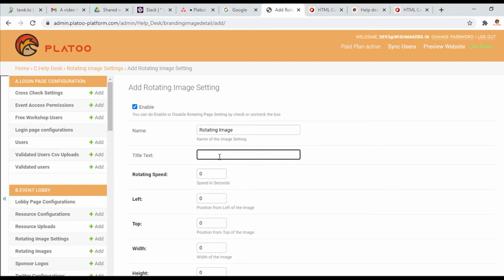Text title I'm adding as image. Rotating speed should be anything you want, but I am putting it as 2 seconds.